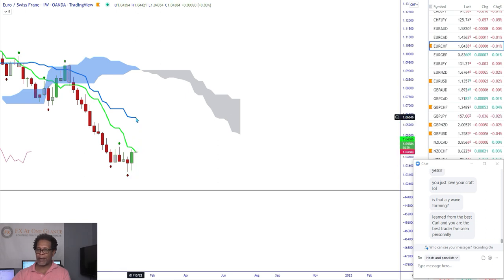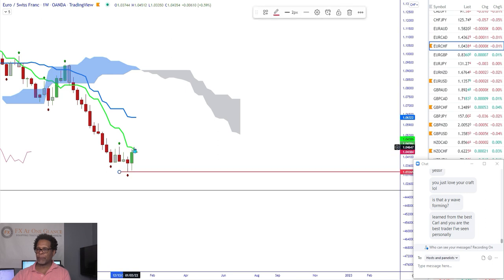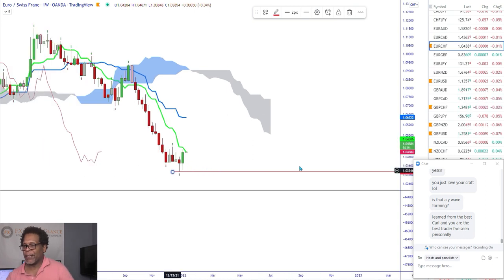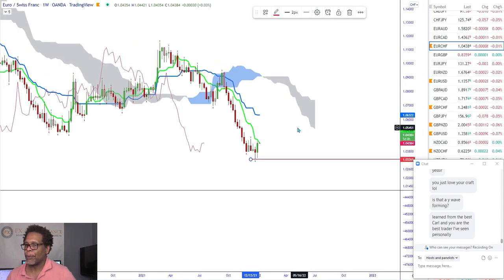We don't have a lot of space. So we could get another push lower, but we also could be at a bottom because we're getting a thick cloud. If we had even more space with Tenkansen and Kijunsen, I would say for sure. Now, Kijunsen's flattened. Tenkansen's still aiming. So if it even drops a little bit more and violates this level, then I don't believe you're going to go too much farther. For sure.